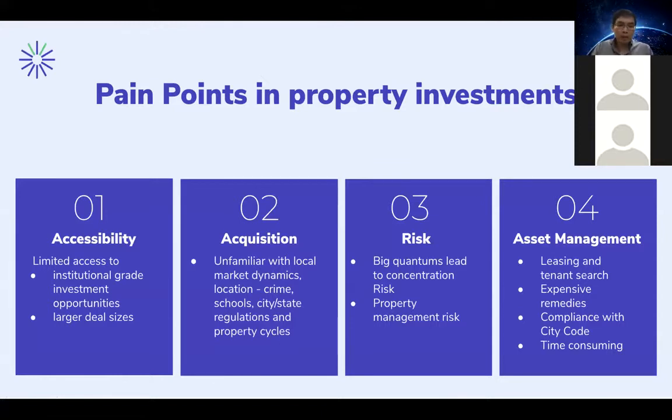Firstly, we provide greater access to deals. Our deals range across the real estate value chain and also the capital structure, so these are deals which individual investors may not have ready access to. For example, you could participate in a joint venture with a developer to develop and sell residential units, or you could be a co-owner of an office building.